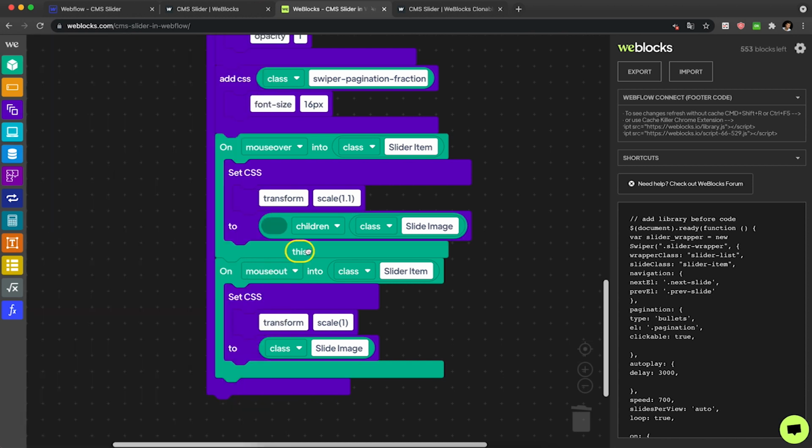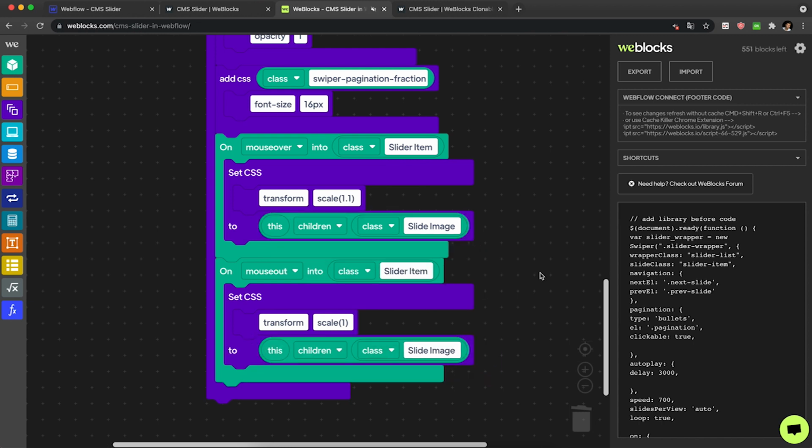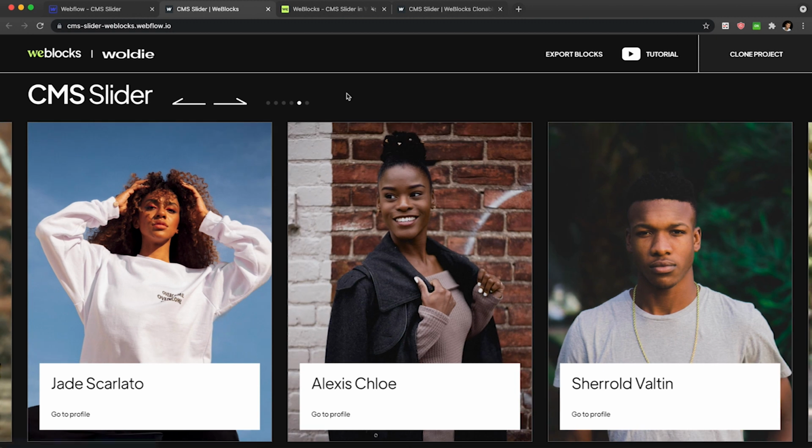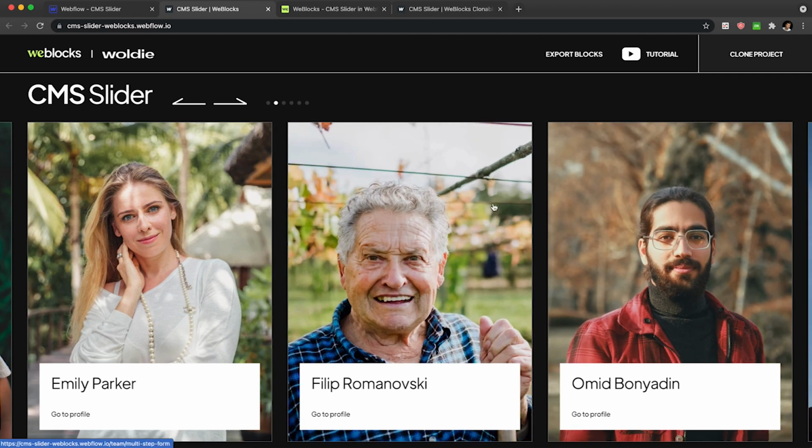If we have an element which is child of this, and this means that it's child of this slider item, then it's only and only then, if it's a child, that it's transforming with the scale, and exactly the same here. And right now, when I refresh, only this one element is growing,